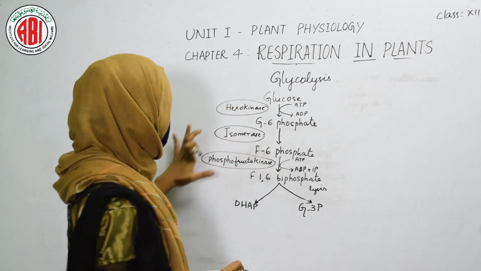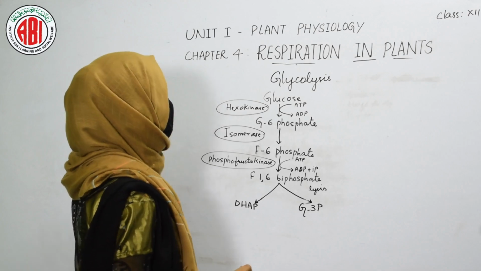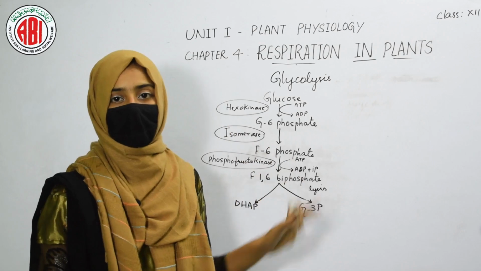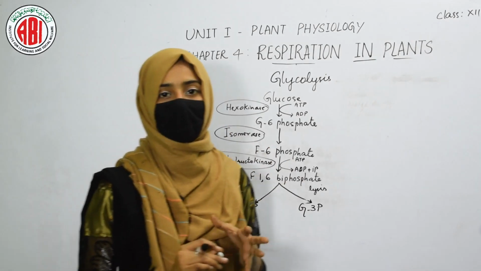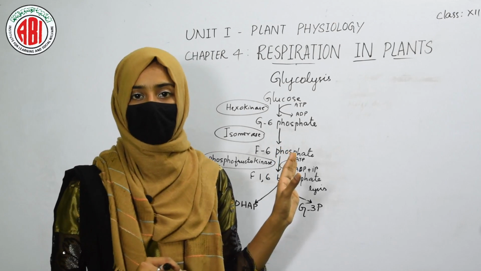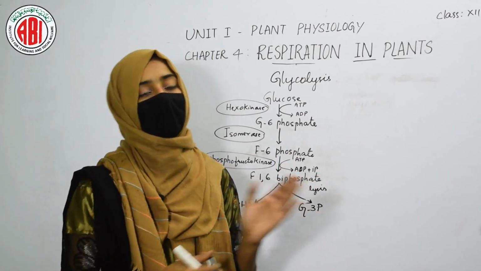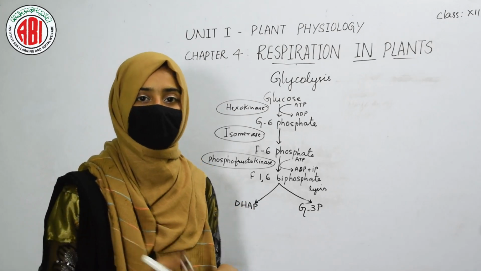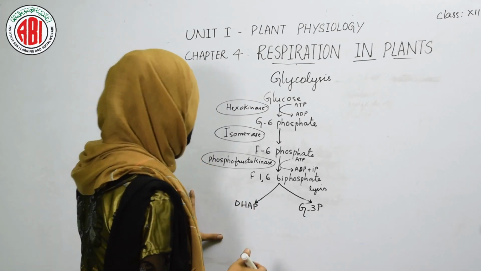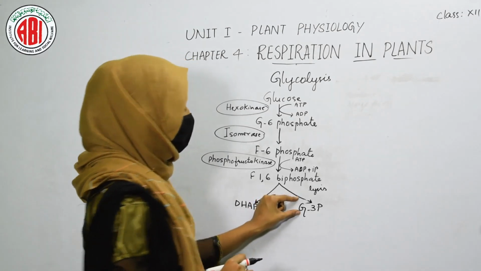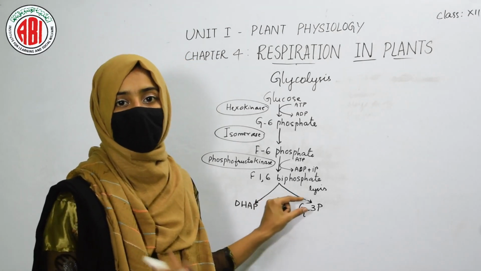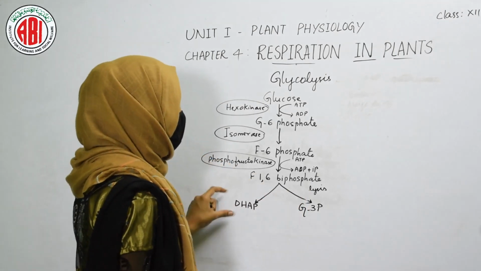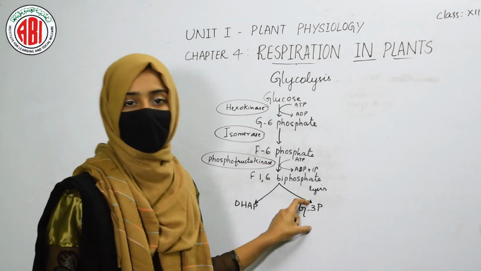3-phosphate. So here half of the reactions of the pathway glycolysis took place. In the half of the reactions of glycolysis, ATP is required, ATP is invested, but in the other half of the reactions in the pathway glycolysis, ATP will get synthesized. So how is it going to synthesize? Let's see. This glyceraldehyde 3-phosphate undergoes the reaction, and dihydroxyacetone phosphate has an ability to get converted into glyceraldehyde 3-phosphate.